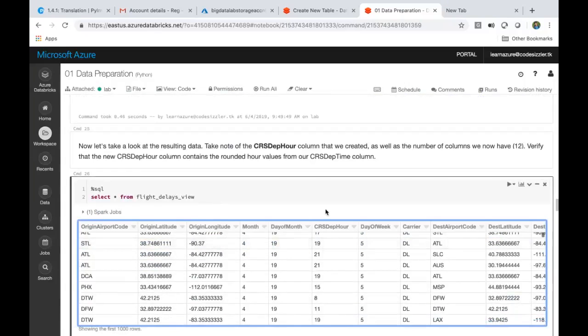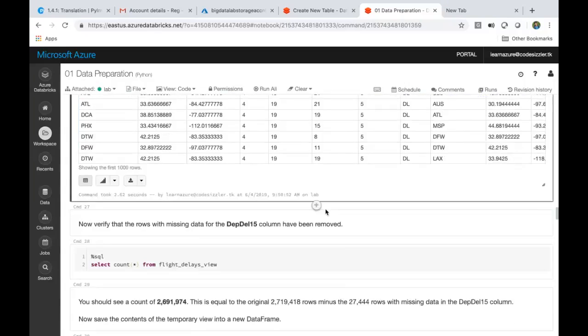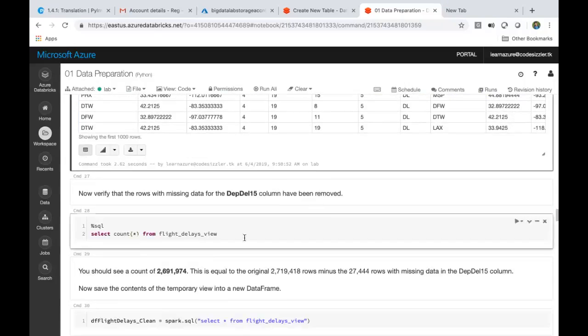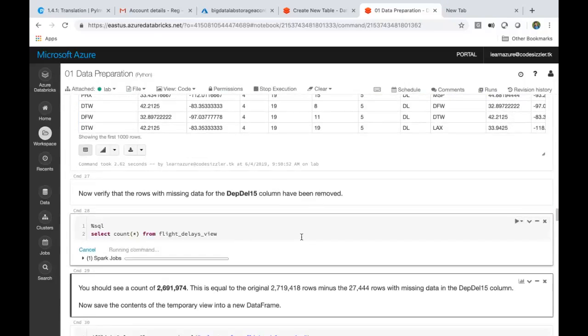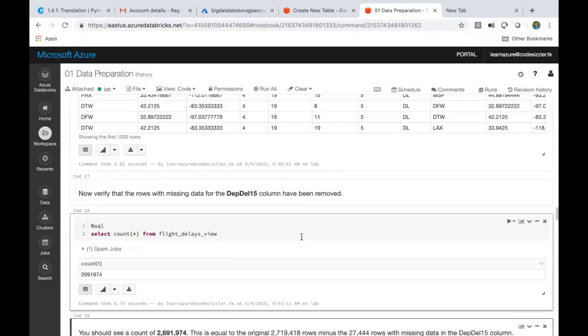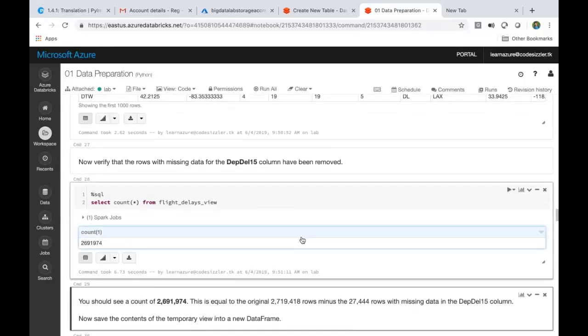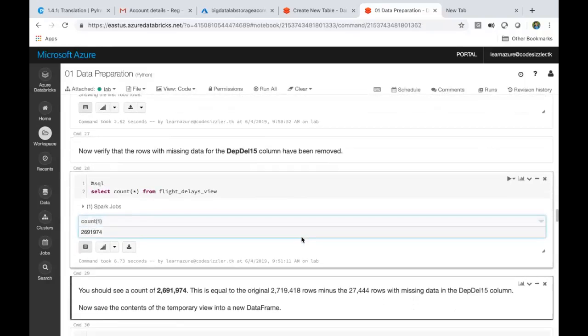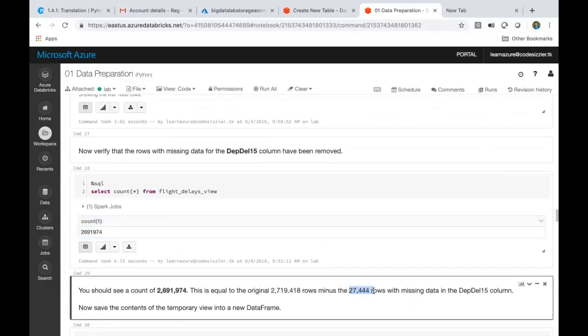Let's go down and get the count of it. You can see it has 26 lakh records now, almost 27 lakh records, because we removed 27,000 records. So we are able to see the missing values.